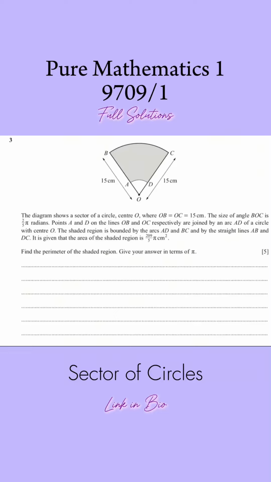This is about sectors. It says there, the diagram shows a sector of a circle with center O, where OB is equal to OC, which is 15 centimeters. The size of angle BOC is 2/5 pi radians. Then points A and D on the lines OB and OC respectively are joined with an arc AD